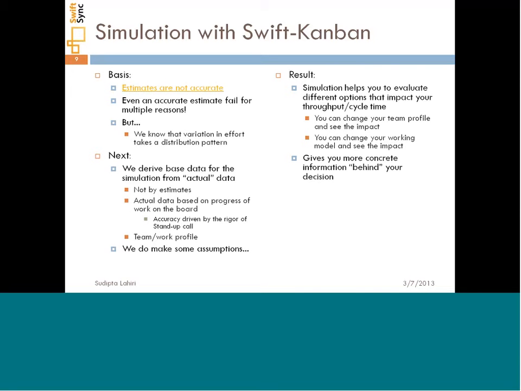If the bottleneck is in the coding lane, there is no point in adding testing resources. So you need to be able to understand where your bottleneck is happening in the current simulation board, and then be able to simulate what scenarios will help you get to the most optimal configuration so that you can bring your throughput to the desired level.